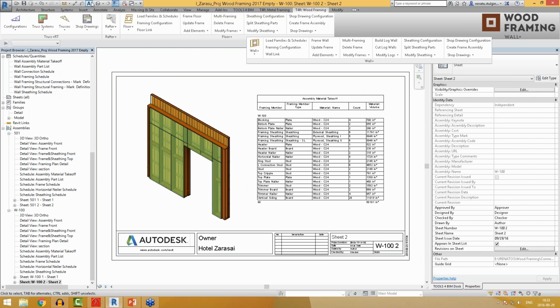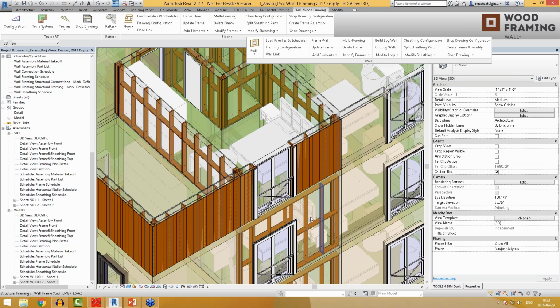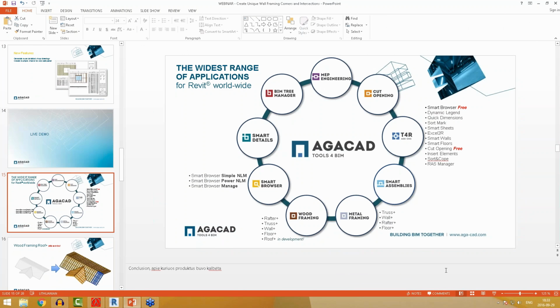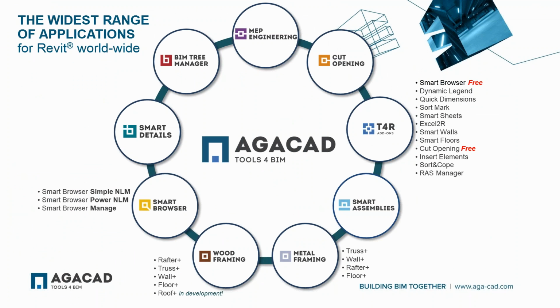Okay, so that's the kind of new features we added into the new Wall Plus version. Actually, this version is not yet released officially. We're going to do that in these days. I mean, it will be maybe tomorrow, or latest it will be Monday. And then you will be able to find these new features. So mainly it will be a possibility with creating a complex connection, and also with more powerful and more options